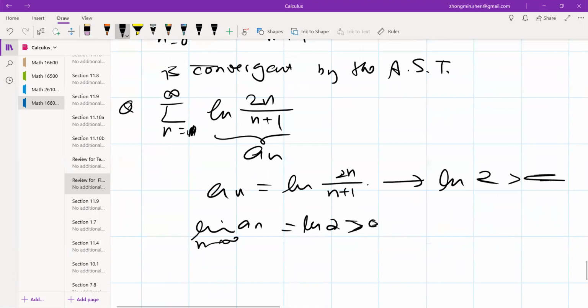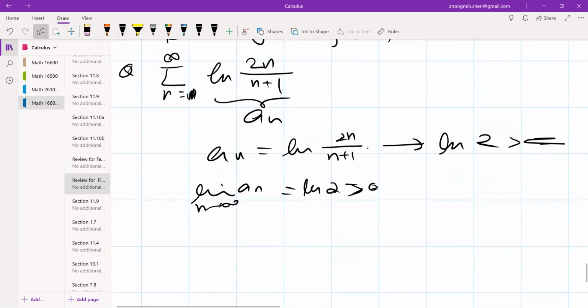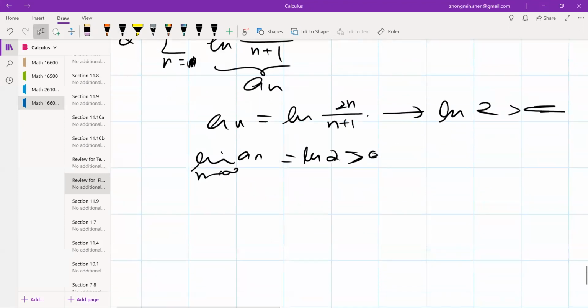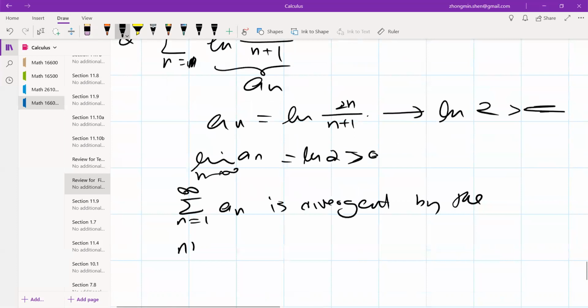That's it. Now this student used a comparison test, then jumped to the conclusion that this is divergent. So I cannot give it much credit, you know. Because the argument is not the correct argument for the conclusion. Okay, so then this series is divergent by the nth term test. Okay,